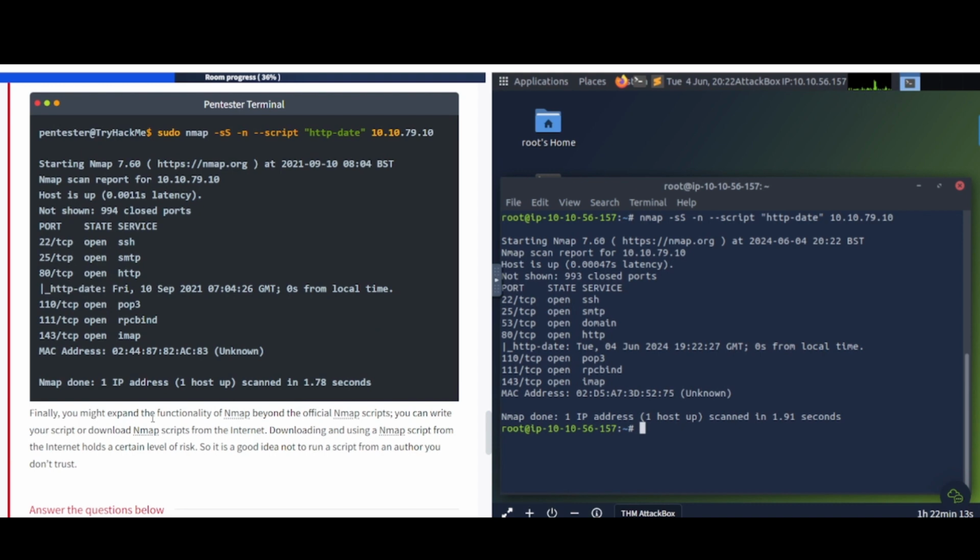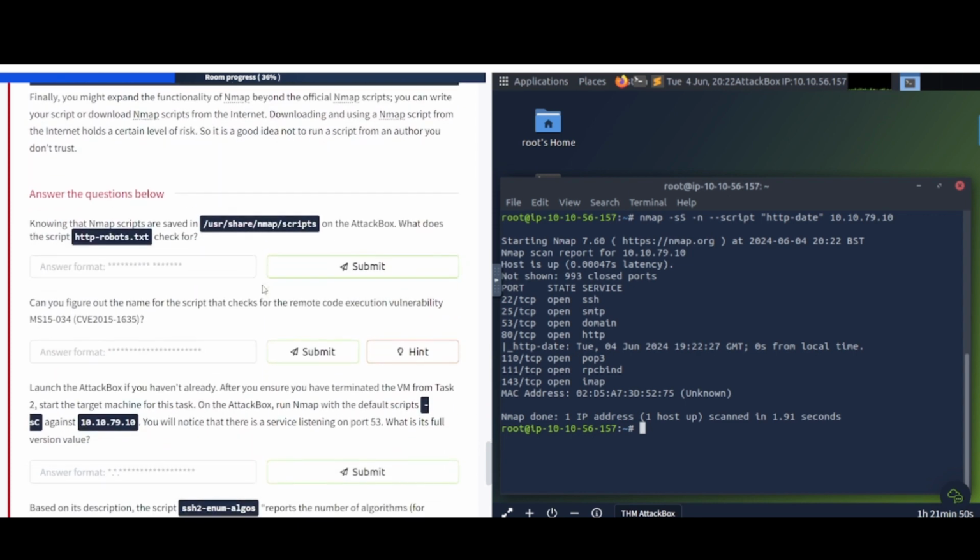Finally, you might expand the functionality of Nmap beyond the official Nmap scripts. You can write your own script or download Nmap scripts from the internet. Downloading and using a Nmap script from the internet holds a certain level of risk, so it is a good idea not to run a script from an author you don't trust. And we do have some results here, and that's absolutely true. As with any other things you get off of the internet, be sure you're using trusted sources and you know what you're doing. All right, so question time. Knowing that Nmap scripts are saved in /usr/share/nmap/scripts on the attack box, what does the script